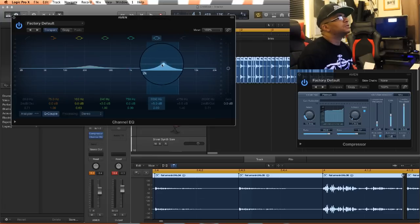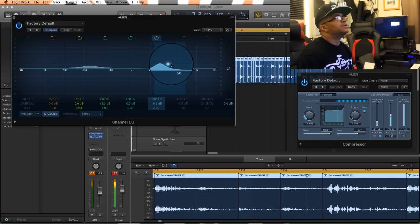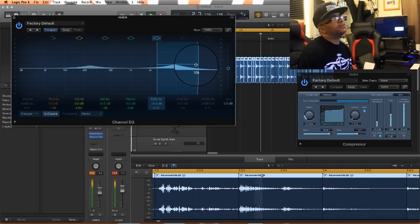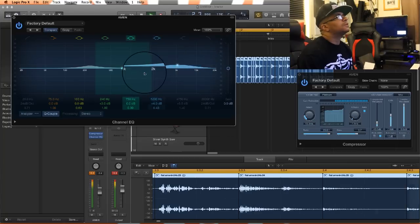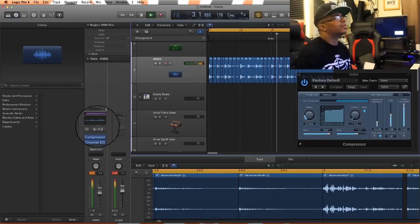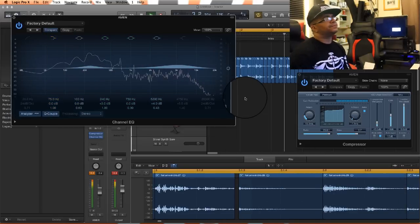That's better, right. So 240. Now we need the snap. Boost a little bit the height. Yes guys, that's pretty much it. You know, the rest is just down to you to experiment, mess about with your EQs to get different types